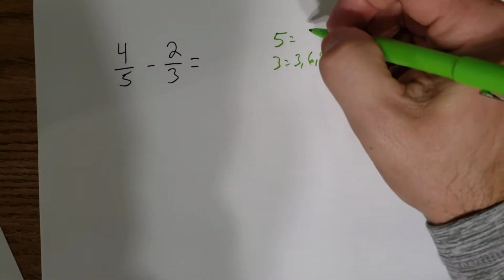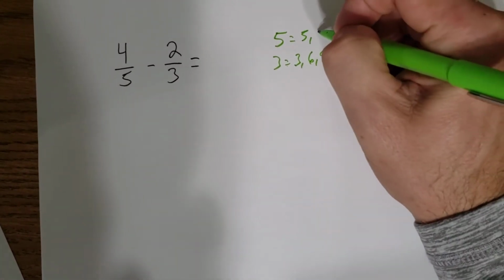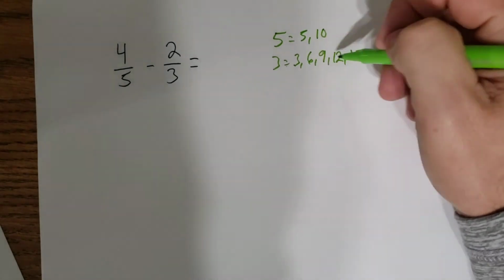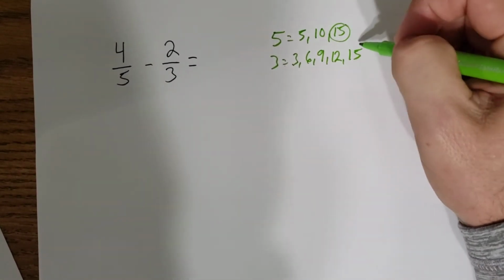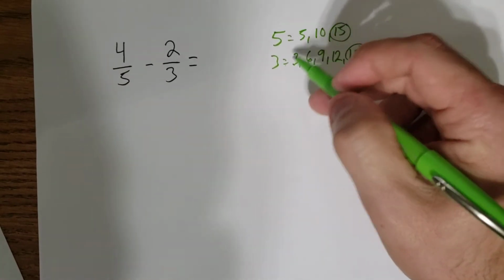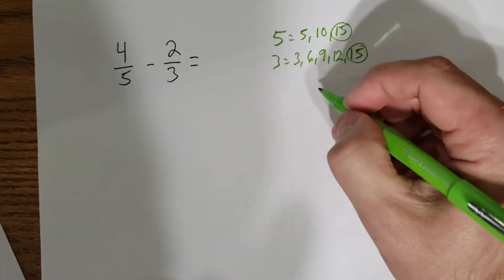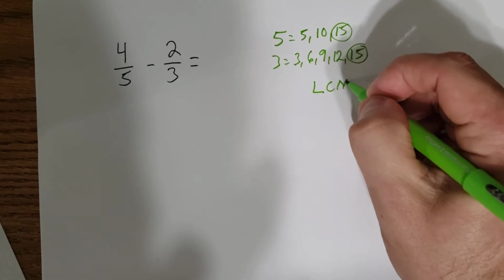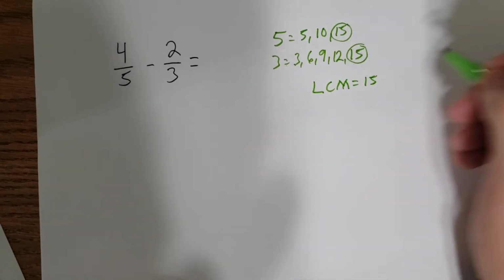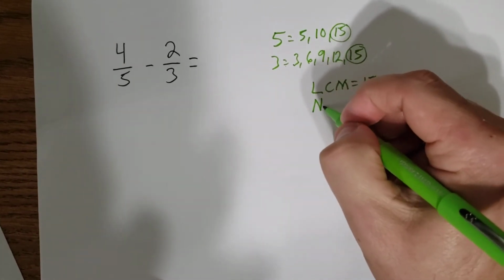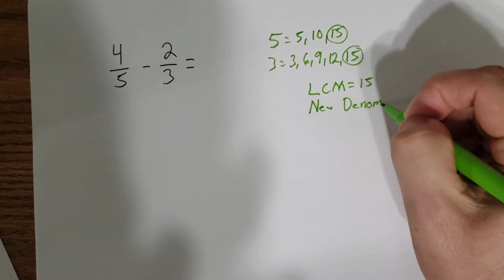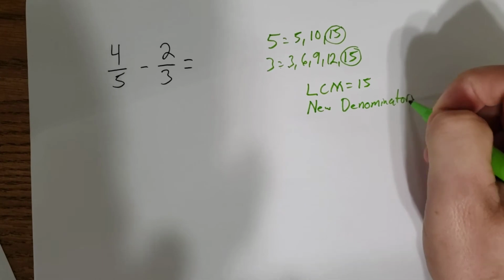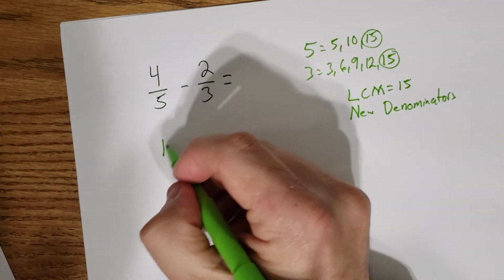Now go back to our 5s. 5 times 1 is 5. 5 times 2 is 10, still no match. 5 times 3 is 15, and there we go. Now we have a match, because there is no 5, there's no 10, but there is a 15. So our LCM equals 15. What do we do with that? That becomes our new denominator. So we know we're going to have 15 on the bottom,